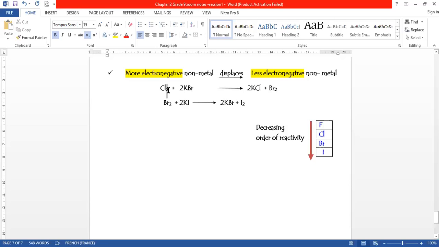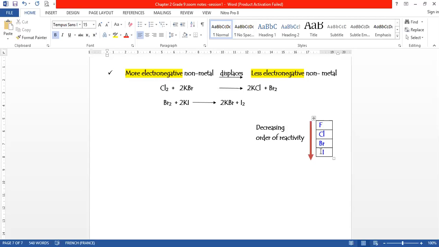Now you have to remember that it is Cl2 and Br2, because Cl, Br, F, all these halogens, are diatomic in nature. They do not exist in the single atom form, because each has to combine with another atom to become stable. It is never stable in the atomic state. It has to be in the molecular form to be stable. That's the reason why we are taking it in the form of a molecule, which is Cl2 and Br2.